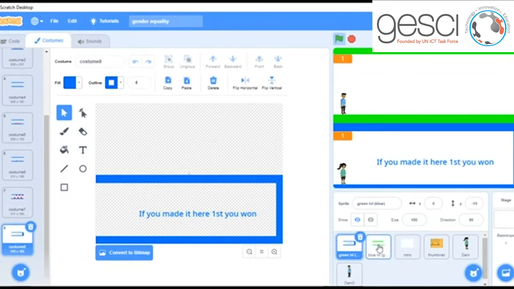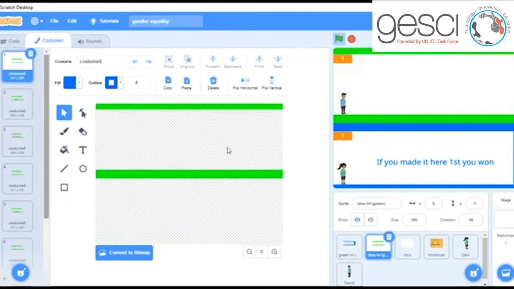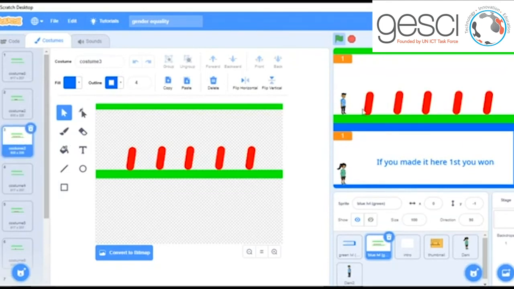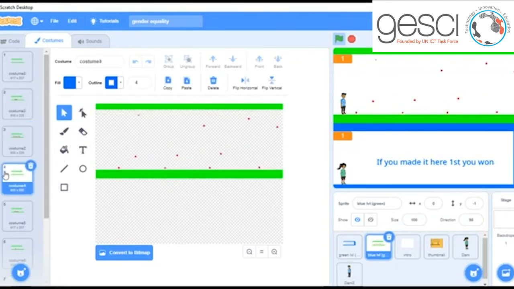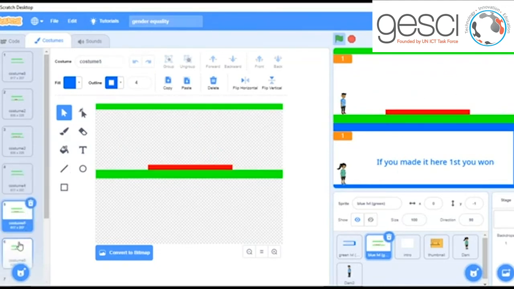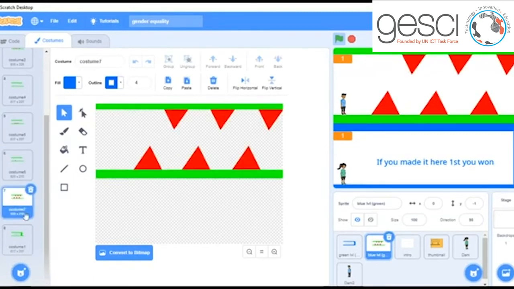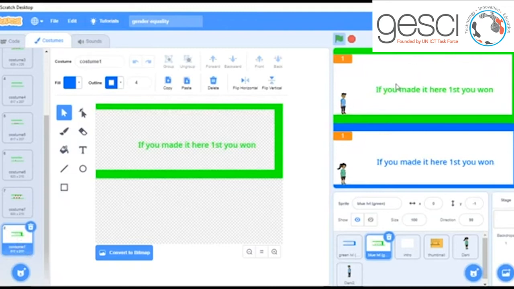So that's it. When you look at the green costume, it's still the same. That is the starting point. Then you go to the first challenge, the second level, the third level, then the fourth level, like that. So the challenges are the same, and whoever gets to the end first is the one who will be the winner. So as we were looking at games, we said you are able to create games